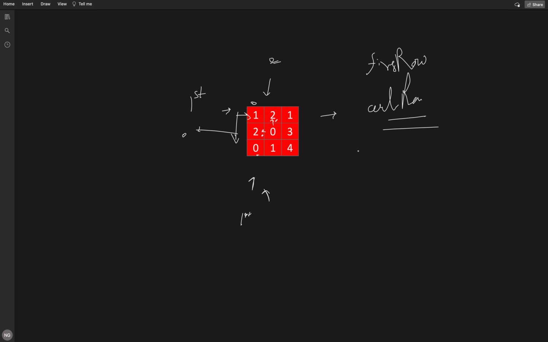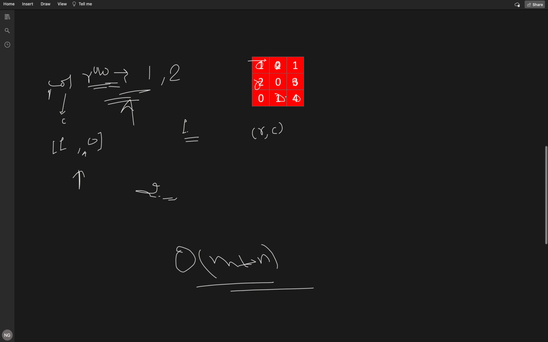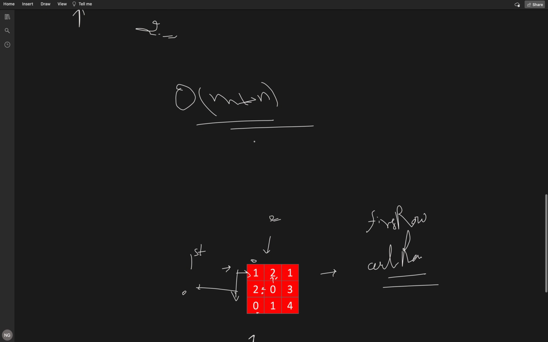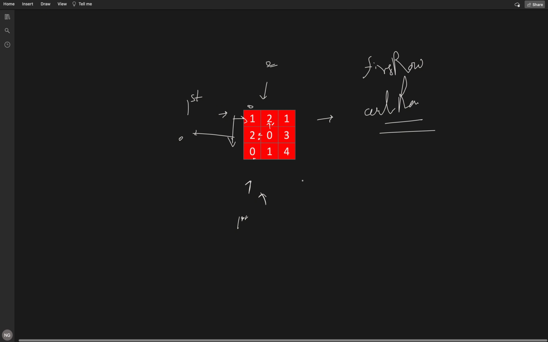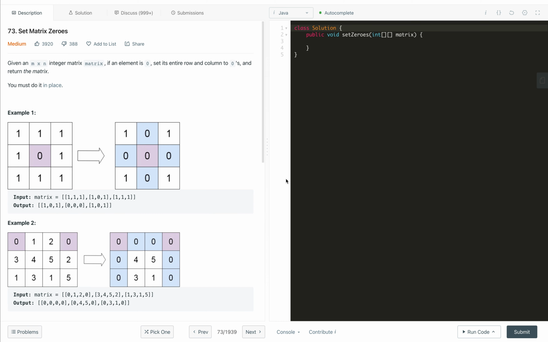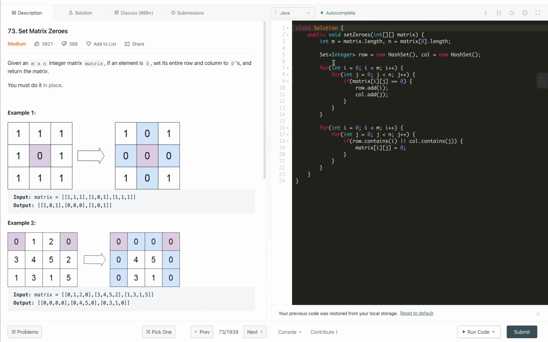You can now try to code the second approach, and this approach as well, yourself. I am not coding the first and second approaches; we will code the very optimal approach. For the second approach, I will show you the code I have written over here. I am using sets for storing the row and column indices, and in the first pass I am adding i and j into the row and column sets. In the second pass we are just checking if any of them is in the set, we will mark it as 0, otherwise we keep moving. So this is the solution.